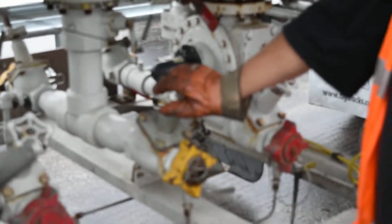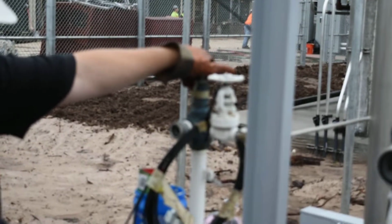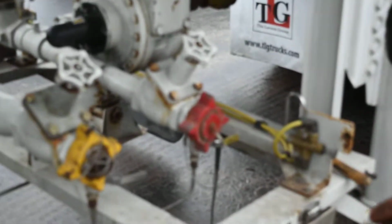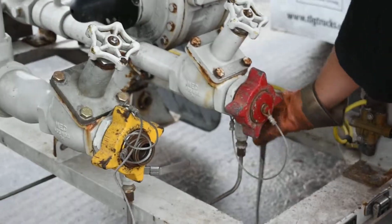I'm going to open up my pressure valve and allow my pressure to fill the line. Once that's opened up, I'm going to open up your pressure valve, and that's going to allow my tank and your tank to equalize. Once the tanks are equalized, as that's happening, I'm going to hook up my liquid line. I'm going to vent it, make sure that there's no pressure. Once there's no pressure, I'll disconnect my cap, close your vent valve,